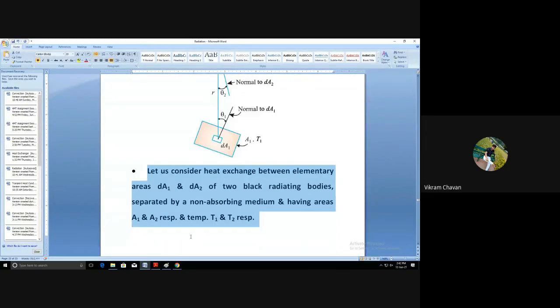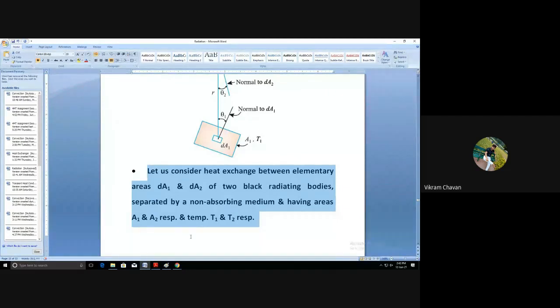Write down. Let us consider heat exchange between elementary areas dA1 and dA2 of two black radiating bodies,